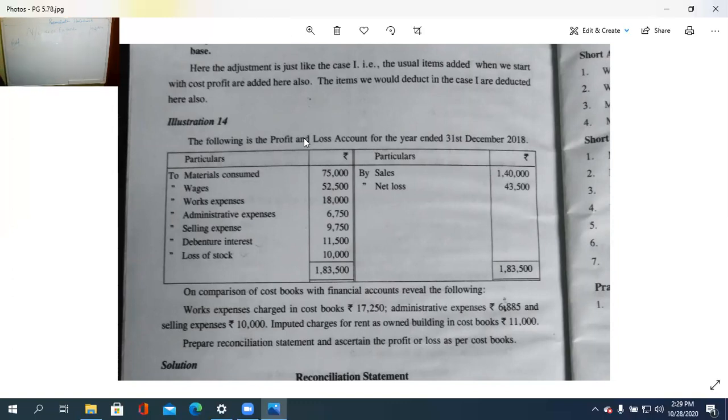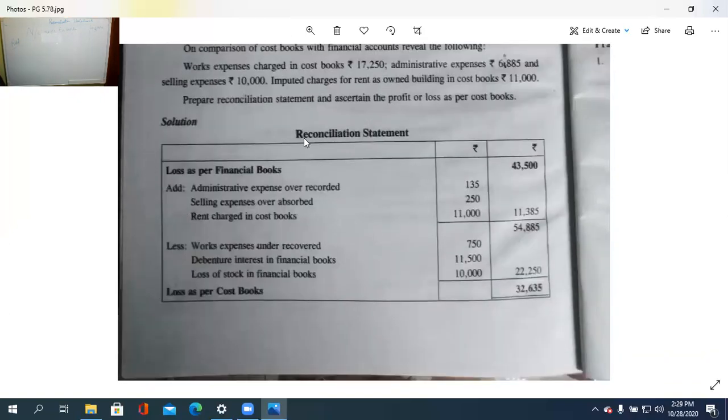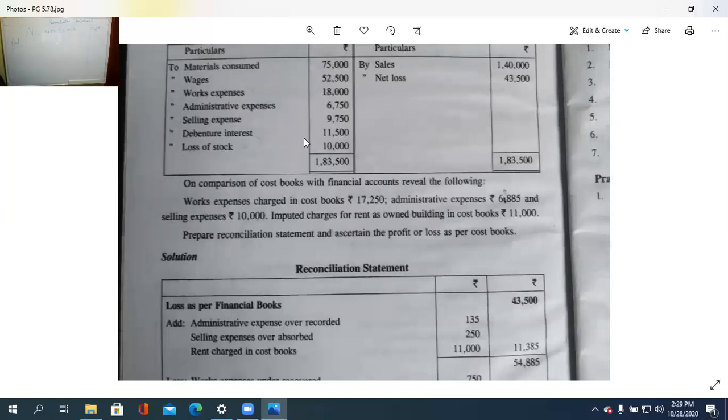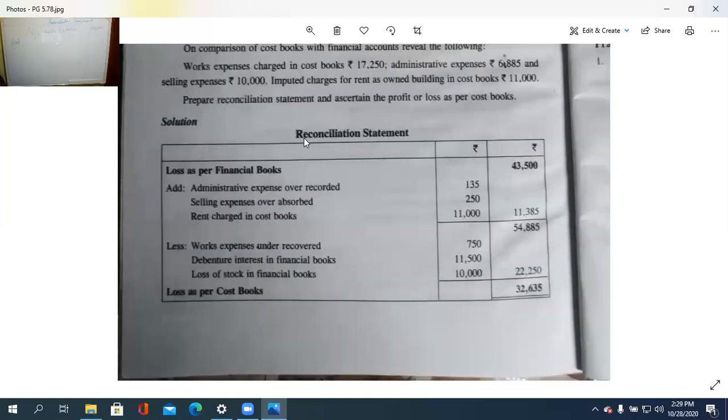Under charge, so works expenses under recovery. Other costing at the column, profit at the kudal. But in the case of administrative expenses, it is 6,885, and there how much is it? 6,750. Above, cost books in a kudal, administrative in financial books in a column, over recovered, isn't it? So over recovered, okay. So administration expenses over